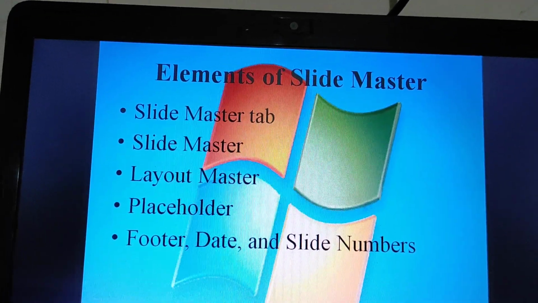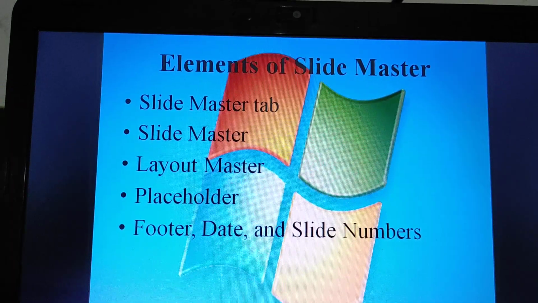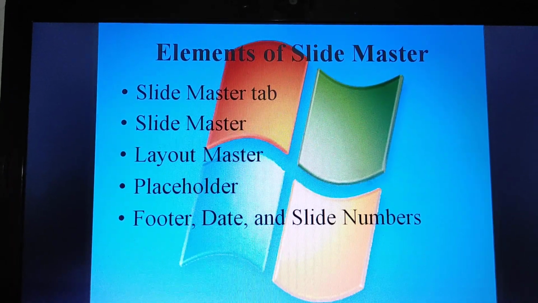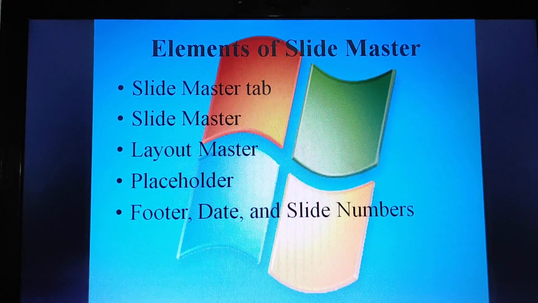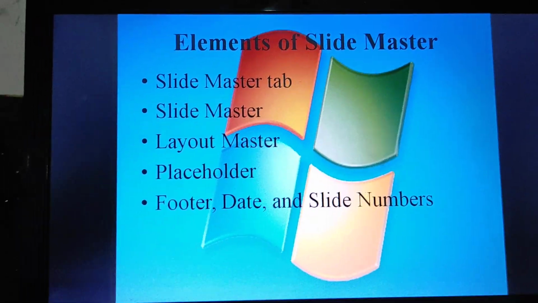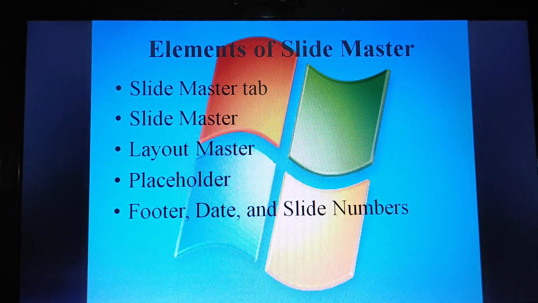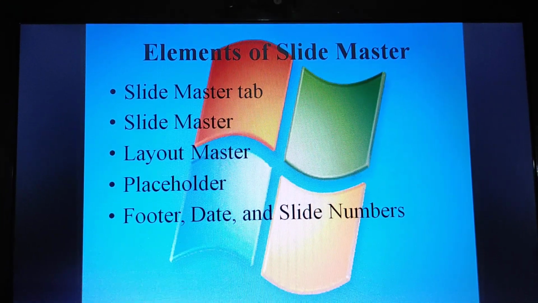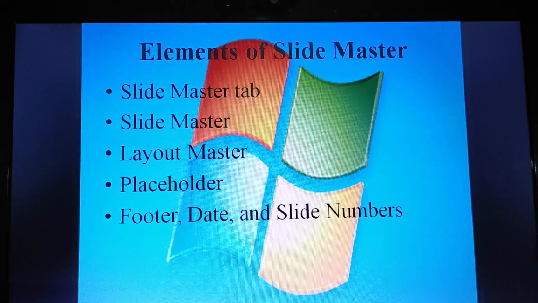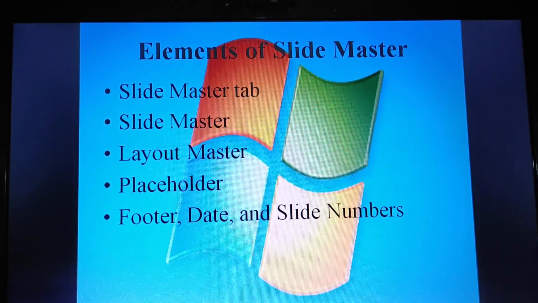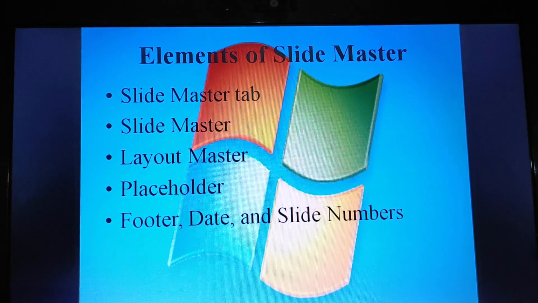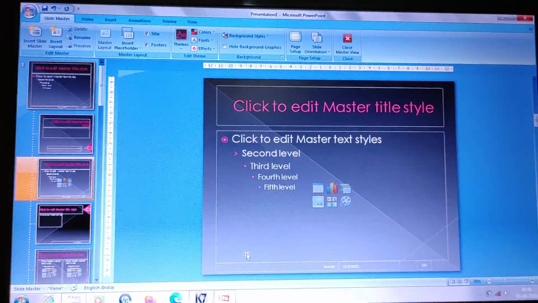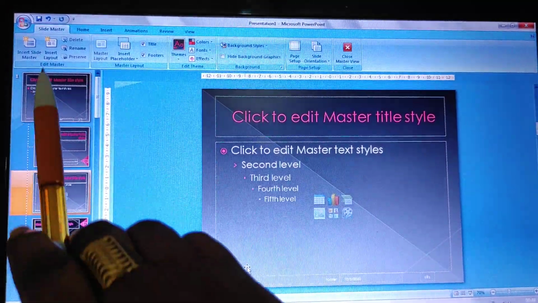Now elements of slide master: the slide master tab, slide master, layout master, placeholder, footer, date and slide numbers. The first is the slide master tab. The slide master tab will appear at the top of the window of MS PowerPoint. See, this is the slide master tab.